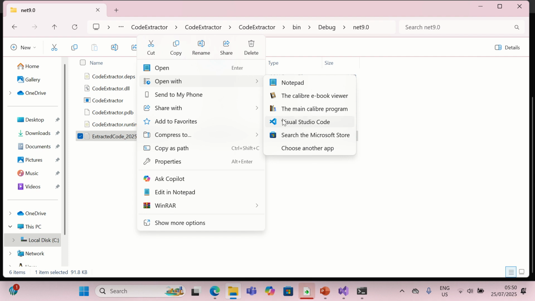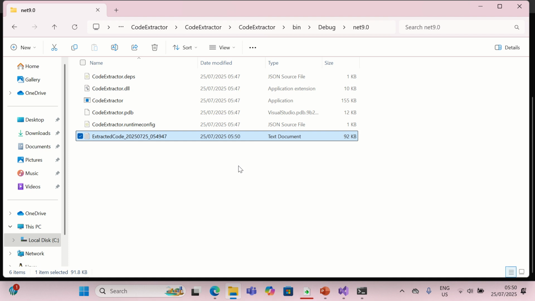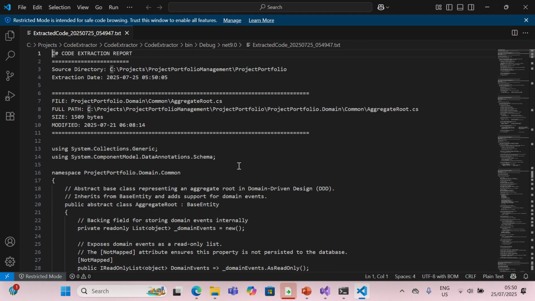I'm going to open it with Visual Studio Code. So you can see